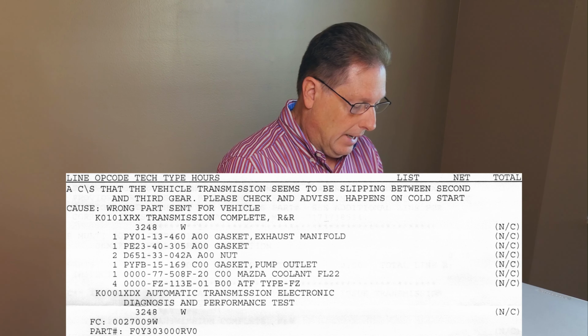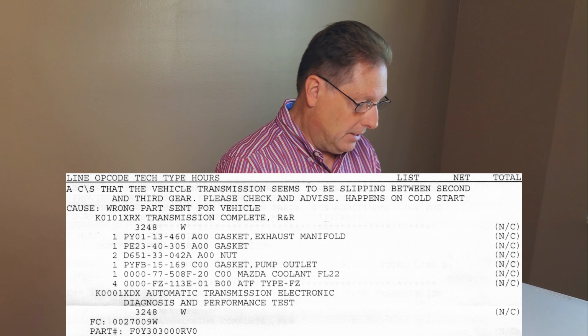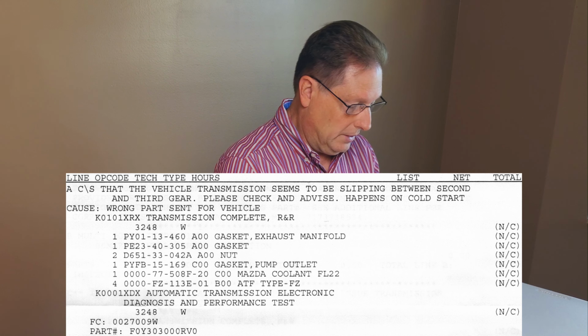So you see they went ahead and they did all that work, and they had to go and order and install a gasket, exhaust manifold, gasket, another nut, gasket, pump outlet, well, all these other parts, coolant, diagnosis and performance test, blah, blah, blah, blah, blah. This thing doesn't run us any particular charge whatsoever. There's no charge because it's all fully under warranty. I mean, hey, it's a 24, right? So let's see,